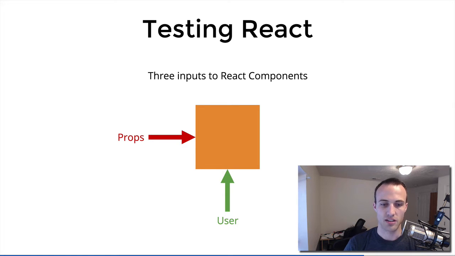The user is like, when there's a click event or something, we can use React's test utils to simulate events and stuff. So that's pretty easy. And then data, and that's a little bit more tricky, but that's if you were to pass in